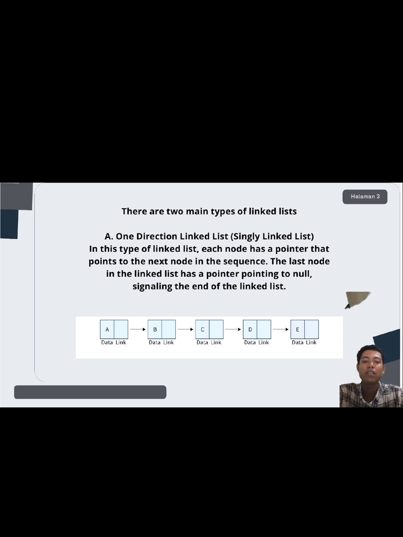So in the picture, there is a square called a node. There are two squares. The left side is used as a place to store data, and the square on the right is used as a next pointer, or as an address to connect to the next node. In the last node, where there are no more nodes targeted by the next pointer, it is called null because it no longer has a target address, so it is called null or empty.